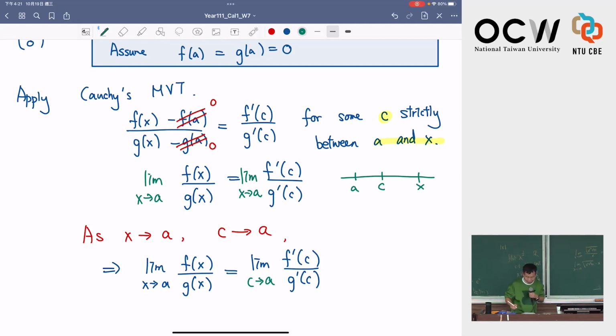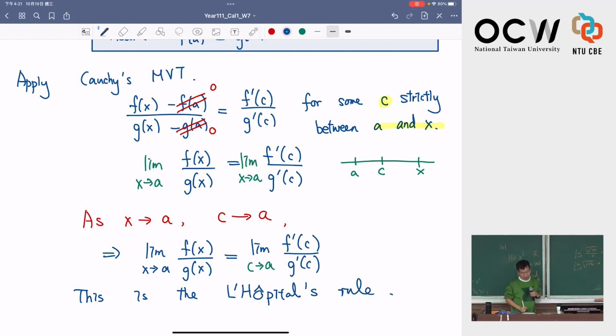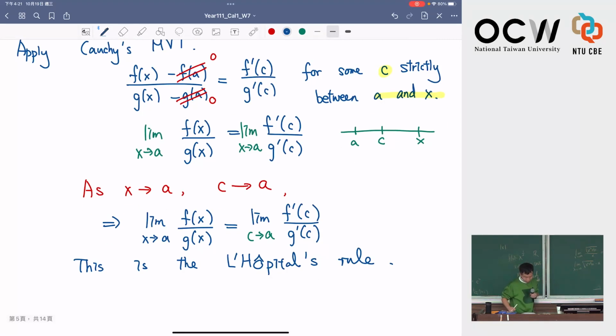This is the L'Hopital rule. L'Hopital is French, so you can spell it like this. So that's why I mentioned the Cauchy MVT here, because you can deduce a special case of L'Hopital rule using